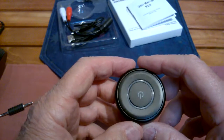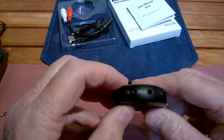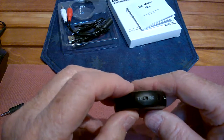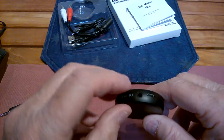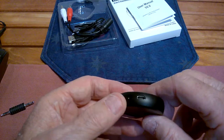There's really no reason to spend more money on something that you're not going to have a use for. One of the beauties of this one is the simplicity. It's right there: transmit or TX, or receive RX, pick one, and that's what it'll do. You plug it into the auxiliary port to whatever it is you're going to transmit or receive, and you charge